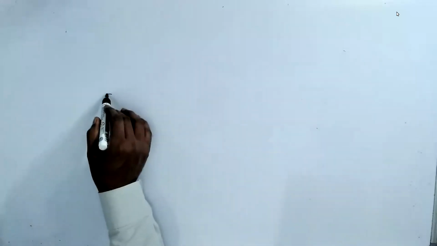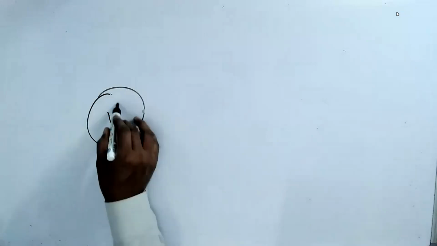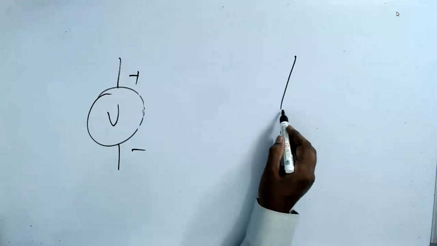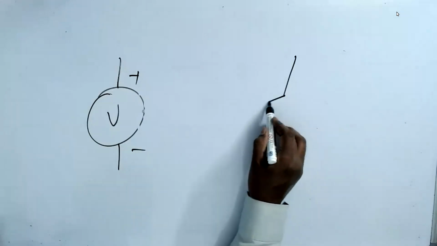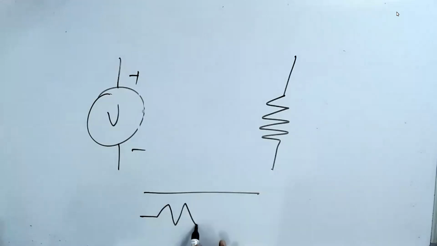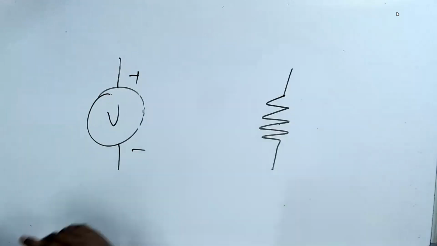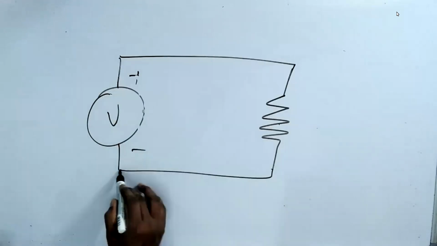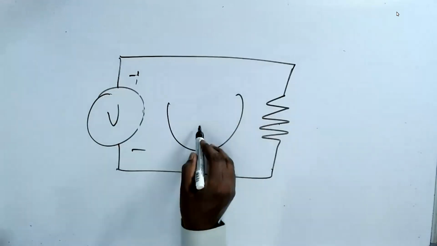So now what they have found, very surprisingly, is that I have a voltage, plus minus, and they have a resistance. You know that they always draw it like this because it's a zigzag. This is a normal flow. The zigzag means this is a resistive flow. That's why they made a symbol like this. That means it's not very straightforward. There are a lot of frictions on the road. You have a zigzag flow. That's why the symbol. Now I draw a wire connected. There is a current here. And this is R.